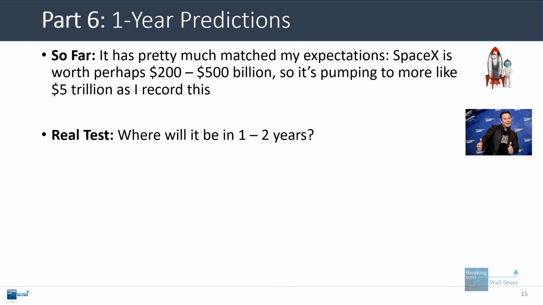I'm a little bit skeptical this is going to last. I don't necessarily think it's going to crash, but I do think we could see something like what has happened with Tesla in past years, where it just sort of fluctuates and varies a lot in a very wide range over time, but doesn't necessarily move that far up or even that far down.